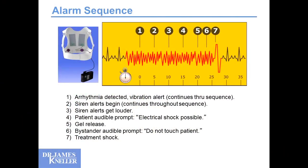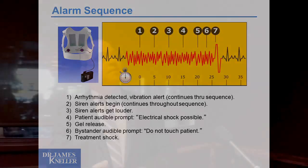This is the alarm sequence. This is what happens if you're wearing it and you have an arrhythmia. The arrhythmia is detected. First of all, there's a vibration alert, and that continues. Then a siren alert begins and continues through the sequence. The siren gets louder. The patient gets an audible prompt, so the device speaks to you. It sounds kind of like the voice of God, and it says,